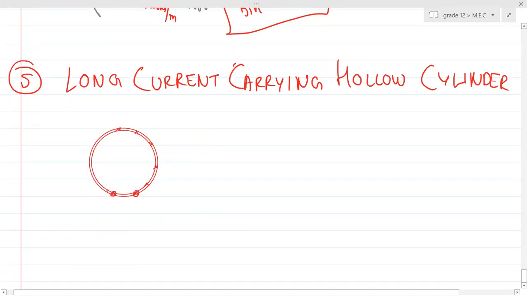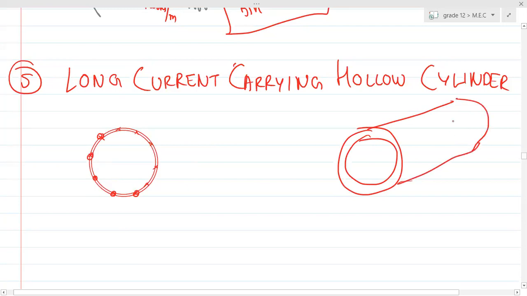But can you see one thing, guys? Shall I draw the front view of this thing? It's like this. And the current is going along the surface of this wire. Can you see the current? Guys, everyone can see the current, right? The current is going along the surface because the surface only exists over there.